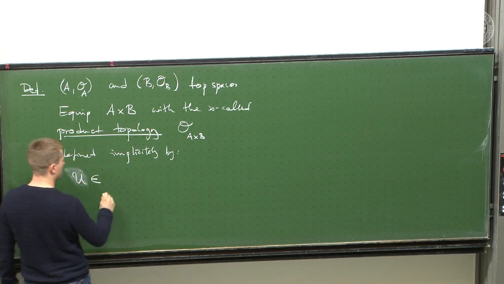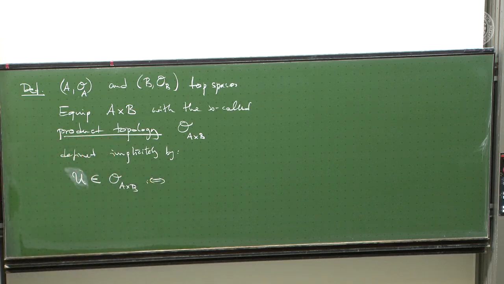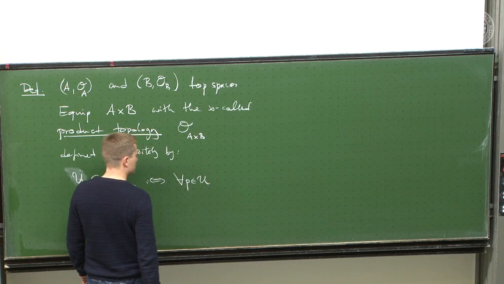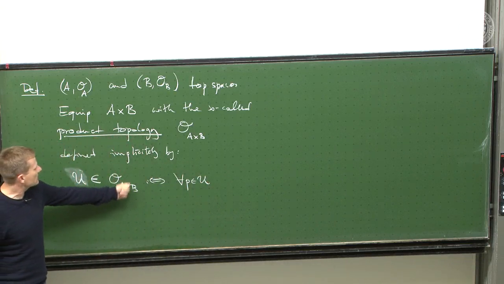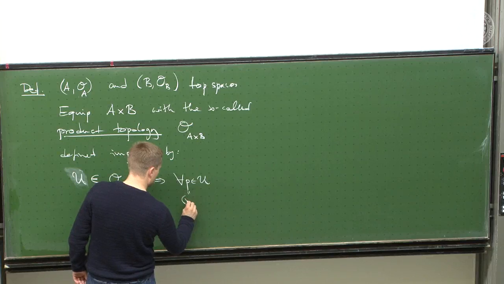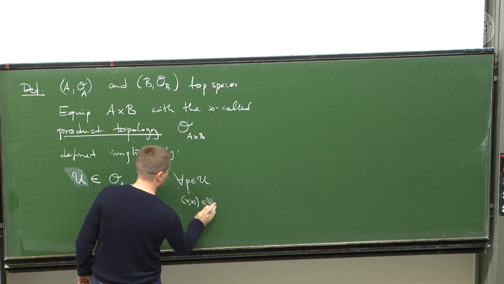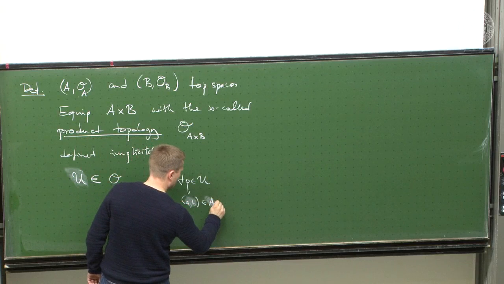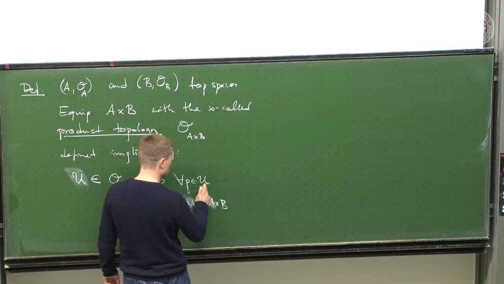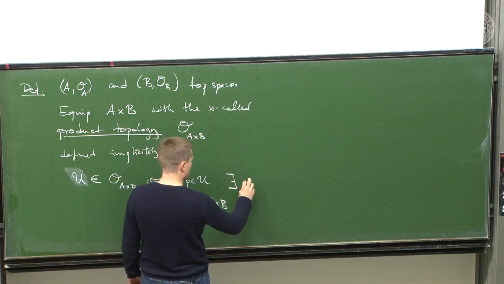Let's call it U. U is an element of the product topology by definition if and only if for every point P in U, but you see, if it's a subset of the Cartesian product, the point P can actually be written as a pair (a, b) that lies in A cross B. If for every P in this subset U of a Cartesian product, there exists